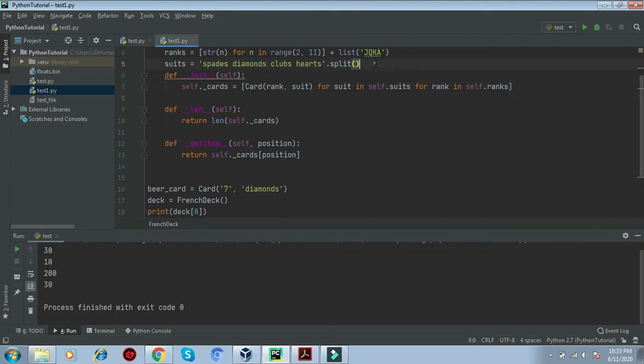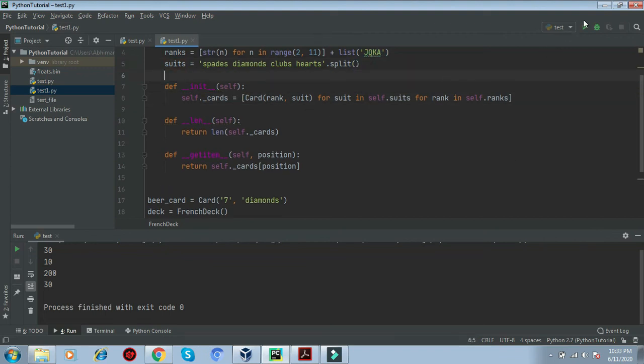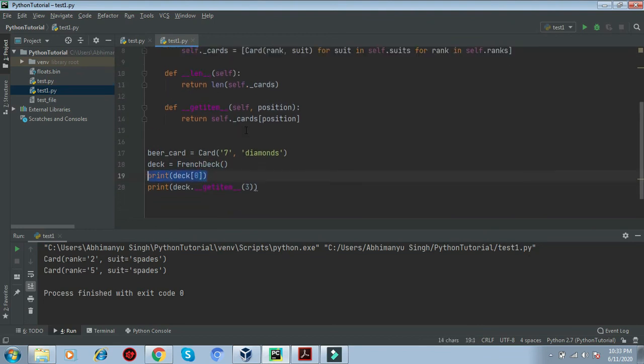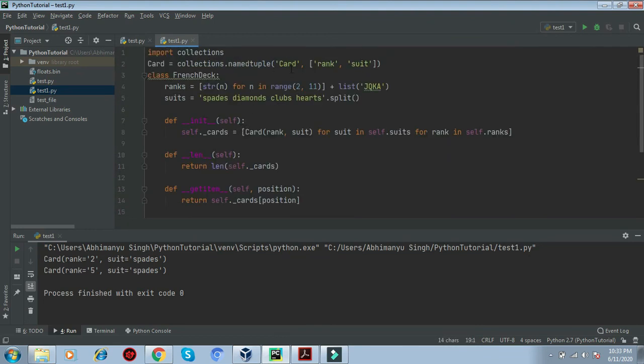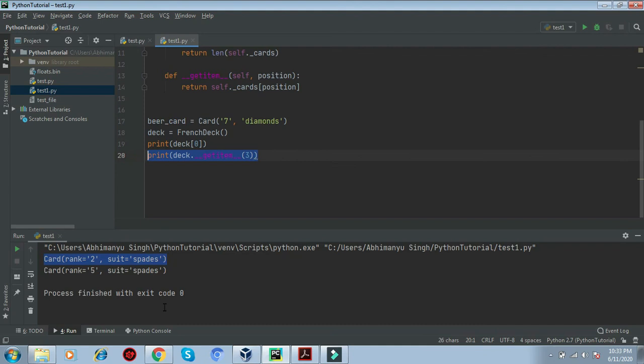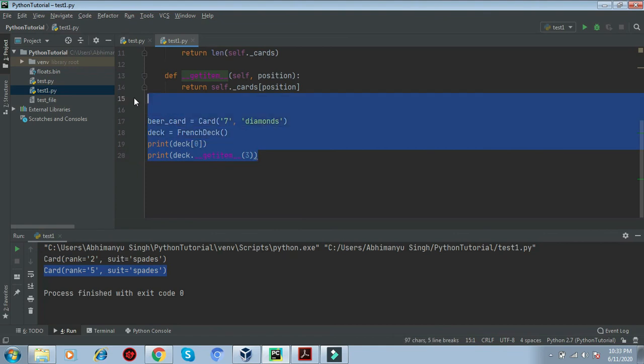If I execute this, run test one, you can see that when I executed index 0, this object was returned, and when I executed index 3, this object was returned. So this is all about special functions.